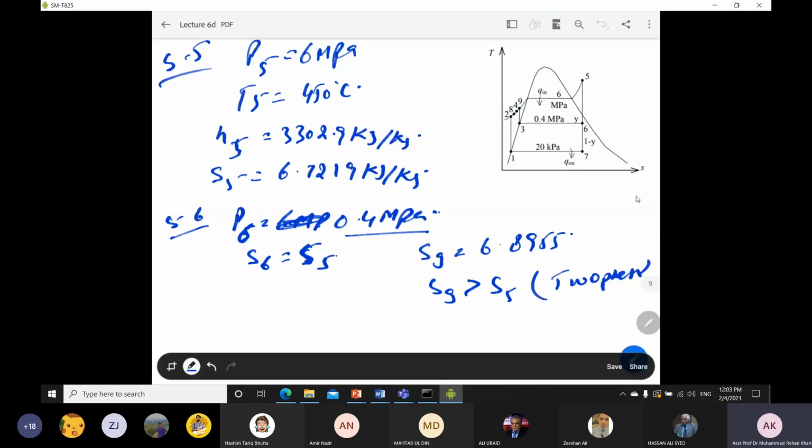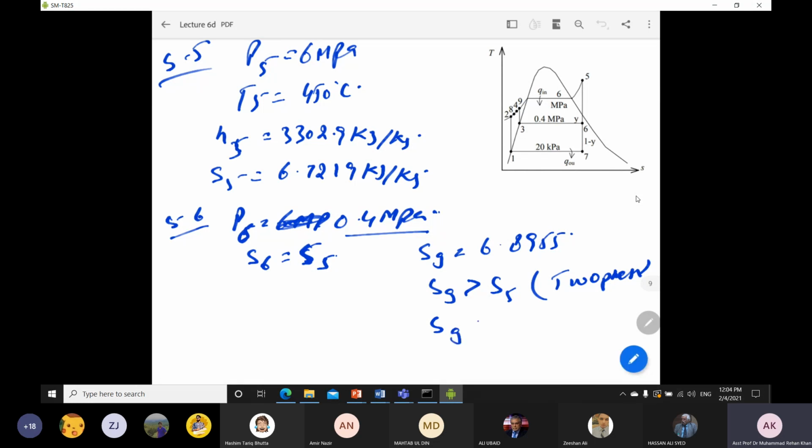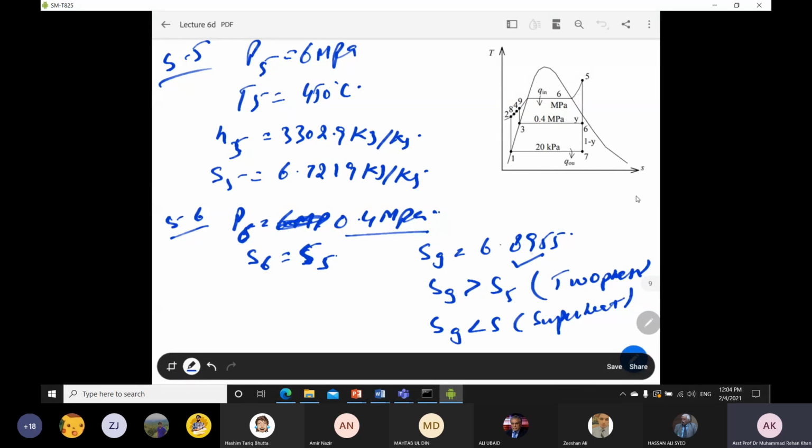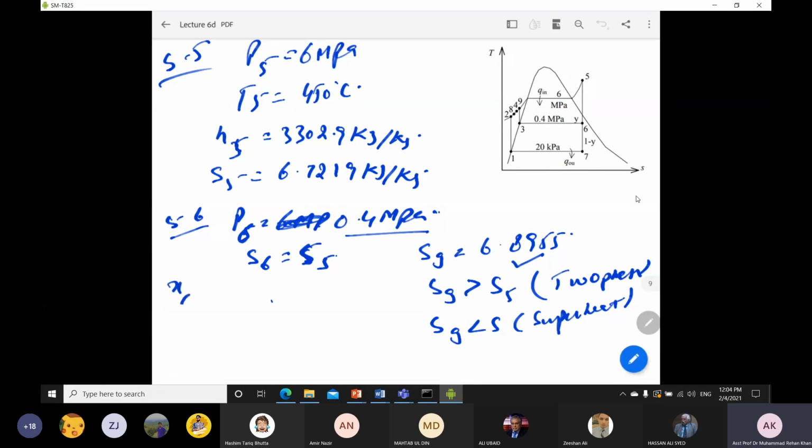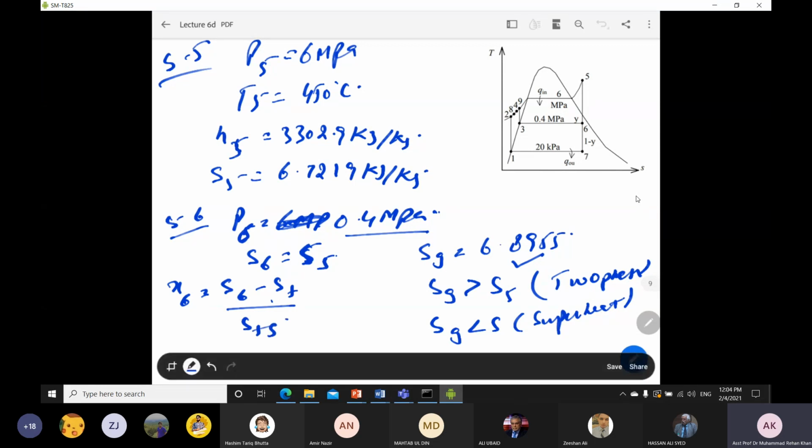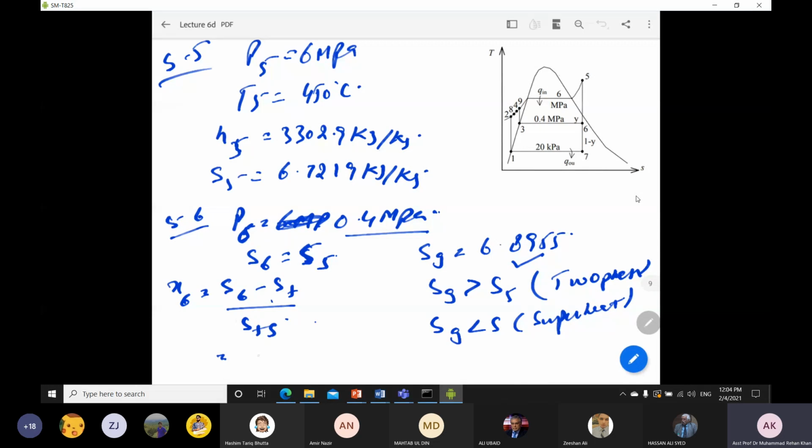Okay, whenever you have to judge this point number 6 or any point, whenever you have the confusion whether it is in the two-phase region or in the superheated region: if Sg is less than S, it will be the superheated region. So now our check is this one, that Sg is greater than S5, because 6.8955 is greater than 6.7219. Okay, so it means that we have to find the thermodynamic values for our two-phase region. So now we have to just find the x6 value, because we need the quality whenever we judge that it is in the two-phase region. So x6 equals (S6 minus Sf) over Sfg. You have to find the values against 0.4 megapascal, and you can just put all the values and you will get